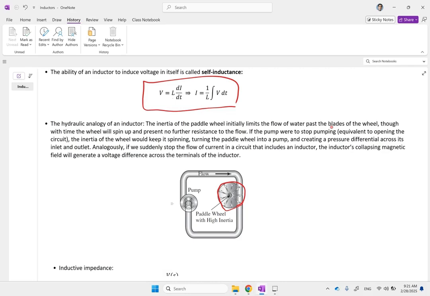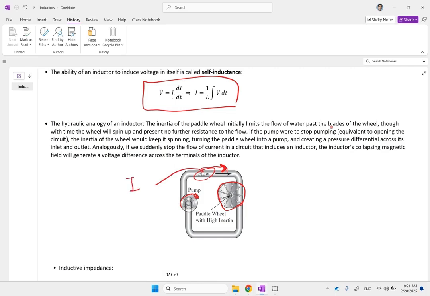Initially, when this pump starts spinning, it is sending the flow to the wheel. The wheel is stationary in the beginning. It doesn't want to be spun, so it resists the flow. And so it creates basically some opposite force in the direction of the flow to slow it down. Good? So initially, it doesn't like the flow to go from zero to non-zero, because your flow here is similar